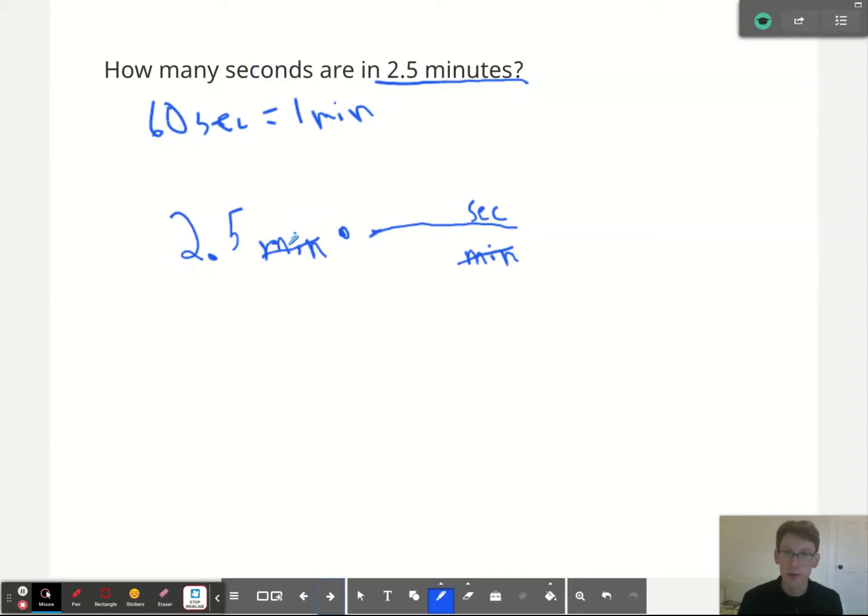Well, if I multiply minutes by seconds over minutes, then the unit that is left behind at the end is seconds. So if I do this, I know that I'm coming to the right answer because the units on the right side of the equation are equal to what I'm trying to find, the seconds. At this point, we can put in the numbers. I know that there are 60 seconds in 1 minute. Be careful with this. Make sure that the 60 is the number of seconds and the 1 is the number of minutes. But if we do this, we find that